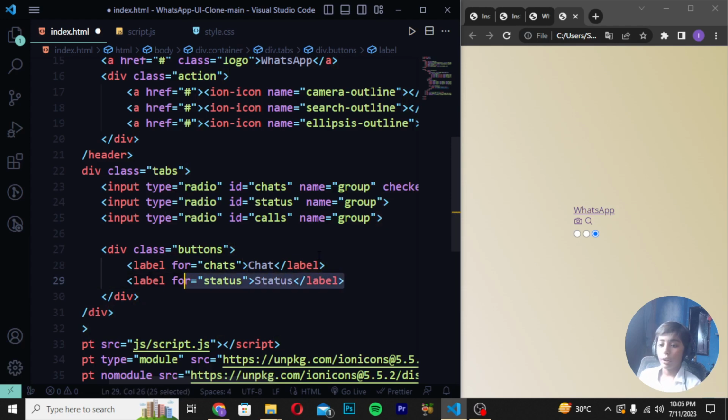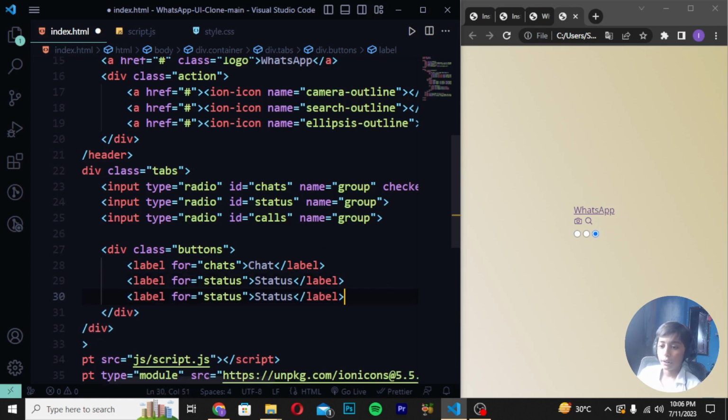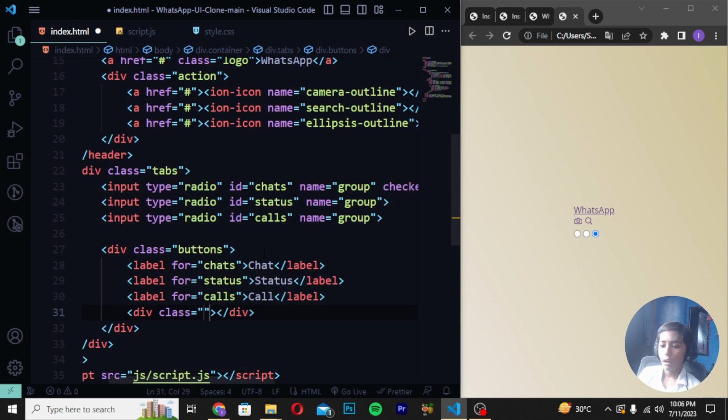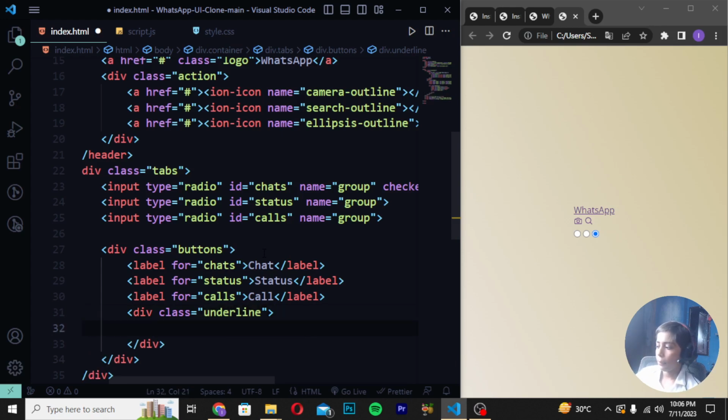And what we can do, here I will copy it, and I will paste it, and here we will erase it, and here we will write calls, and here I will erase it, and here we will write call, and here we will write div class will be underline, and div class will be underline, and enter press. Sorry, no, enter press. And what we can do, till my work is done,